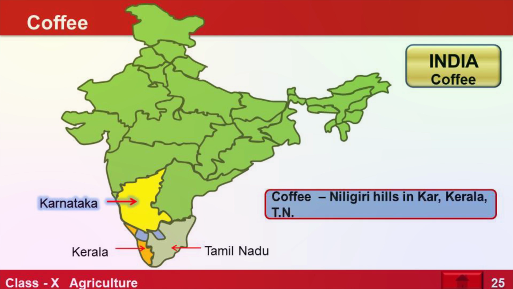Assam is the major tea producing state. Meghalaya and Himachal Pradesh are among the others. So we are doing very well in growing tea and coffee, as I have just discussed. Coffee is basically grown in Karnataka and Kerala. Baba Budan Hills is one of the major important areas connecting both the states. Nothing is given here about the soil, temperature and rainfall. So you have to just remember the places, Karnataka and Kerala.